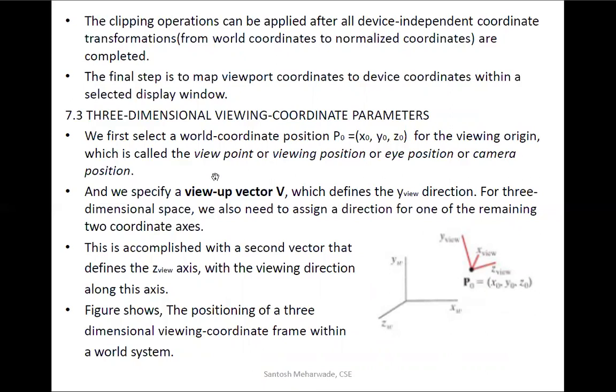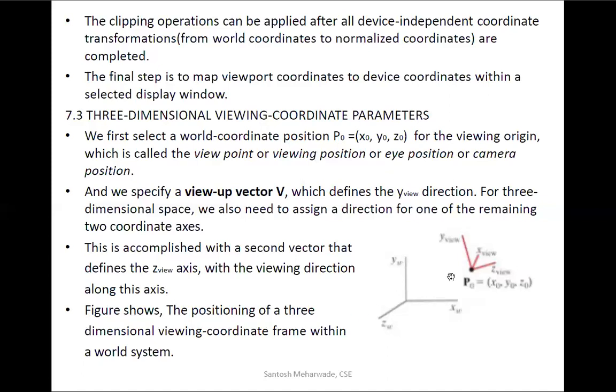Then we specify the view up vector. The y is always positive, always pointing towards the top side, which we define as the y view direction. For three-dimensional space we also need to assign direction for one of the remaining two coordinate axes, that is, x view and z view. This is accomplished with a second vector that defines the z view axis, with the viewing direction along this axis.